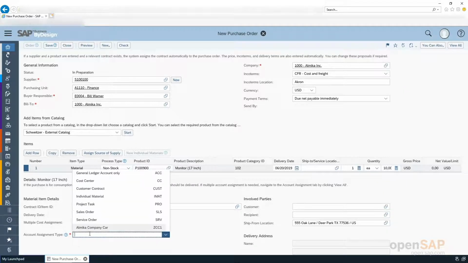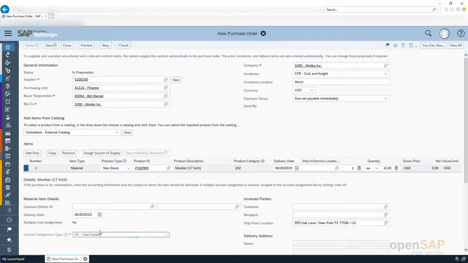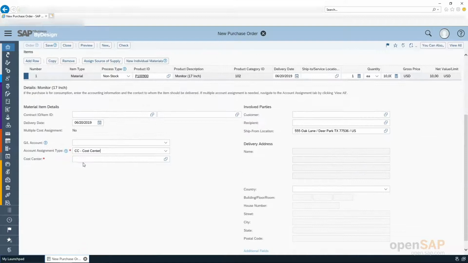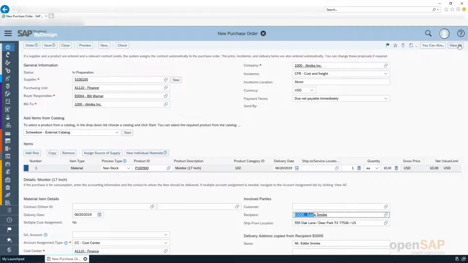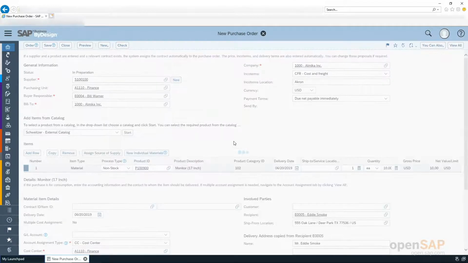I will also specify the cost center, for the sake of completeness of the purchase order. So I use the finance cost center. This was the QF screen of the purchase order, and we will now navigate to the OIF after entering the recipient details. So let us go to the OIF, where we would be able to see the job ID extension field which we have added.